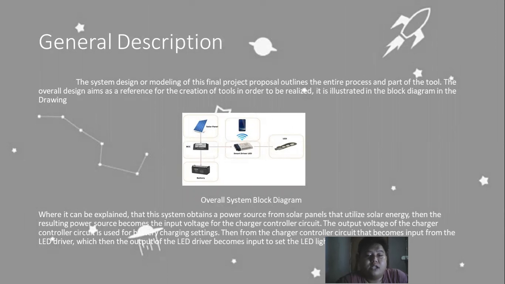General description. This is the system design or modeling of this final project proposal that outlines the entire process and parts of the tool. The overall design aims as a reference for the creation of tools in order to be realized. It is illustrated in the block diagram in the drawing,